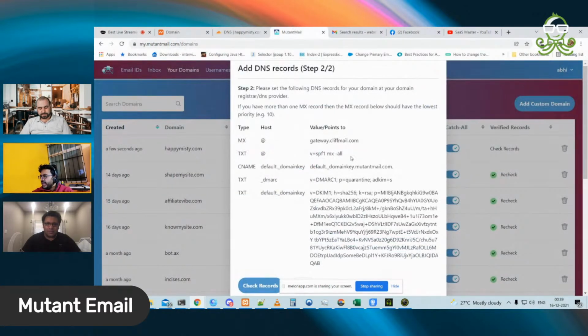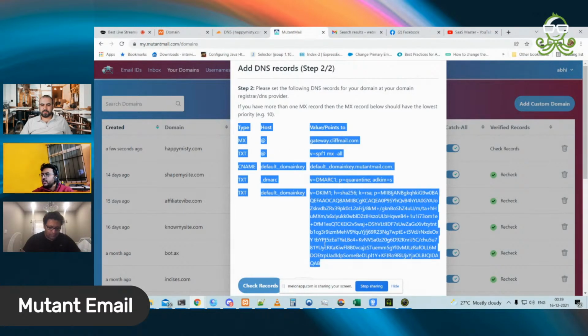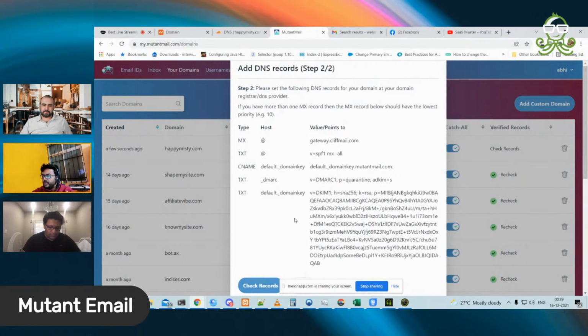Exact same steps. So when I clicked OK, it gave a message that the domain ownership was confirmed. It was able to verify those records on the DNS settings. So now it gave a couple more records to copy and paste, and these are needed. For example, MX records are needed because Mutant Mail needs to receive emails for your domains on your behalf. It has to act as a recipient as well, and the rest of the records are for sending through that particular domain, so that your emails don't land in spam, because